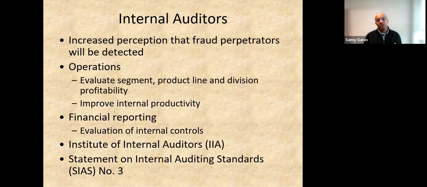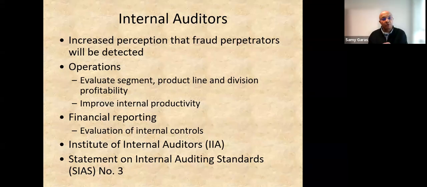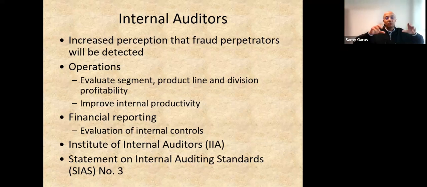The second point for the internal auditor is evaluation of the internal control. And this can tell you here that we talk about the internal control over the financial reporting. But the internal auditor doesn't have to know everything in the financial reporting. The internal auditor needs to know, is there a good control or no control? And here you see the Institute of Internal Auditors is the institute that gives the certification for CIA, Certified Internal Auditor.